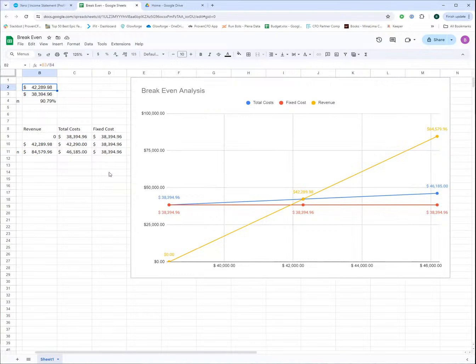Then I like to look at say, what if we did double? Let's say we doubled that revenue and we did twice as much revenue from break even. So that means $84,579 was our total revenue. You can see that our variable costs are only 46,185 because we have such a great margin. Therefore, the difference between these two is our total net income. It ends up becoming a really great, very, very profitable business with regard to this. So it kind of gives us a quick visual layout of what we need to do in order to break even and get to a place where we feel like, hey, we're doing really, really well.